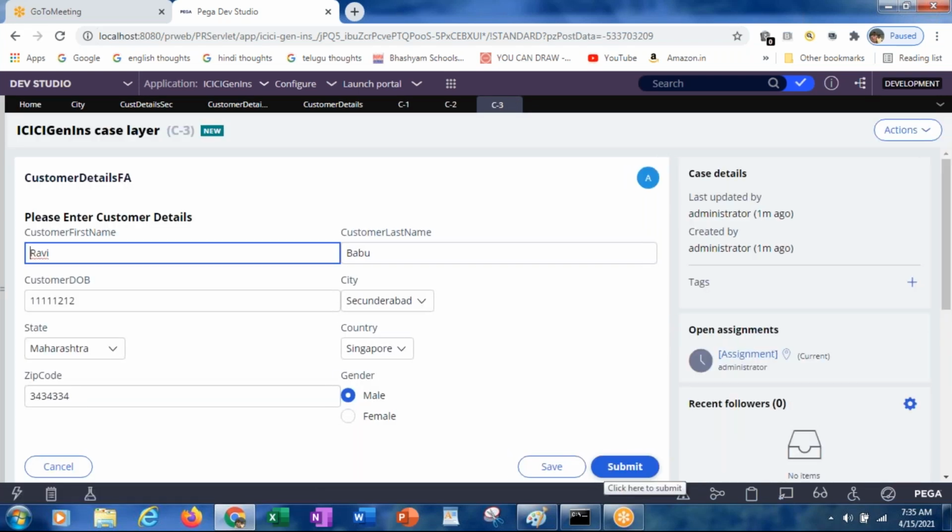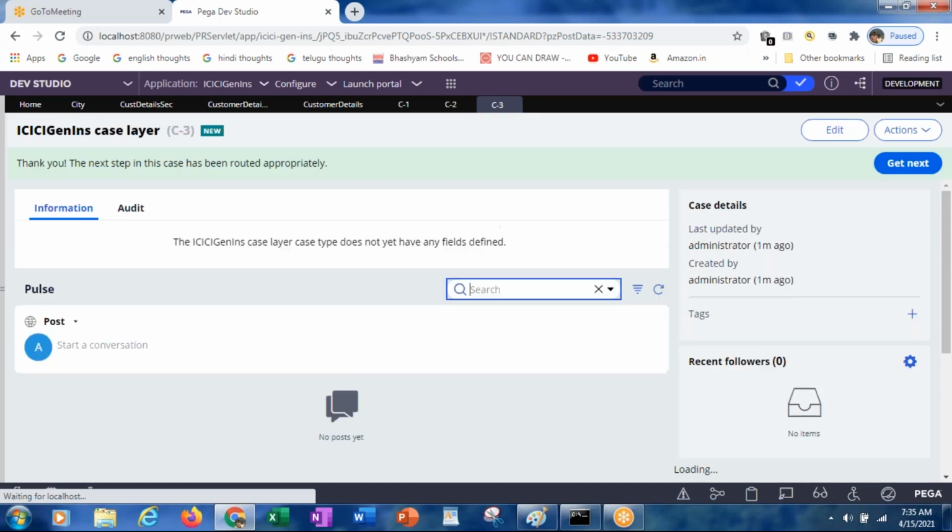Refreshed. Again we got the same section. But previously, after completing, what happened? Submit. Thank you for your input. See here. Earlier, after completing the first assignment itself, we got this screen. But this time, we referred to the same Flow Action 2 times. That is the reason why it is displaying the same Flow Action 2 times. And on click of submit, it is displaying that. Okay, thank you. So this is the way we create the flow.